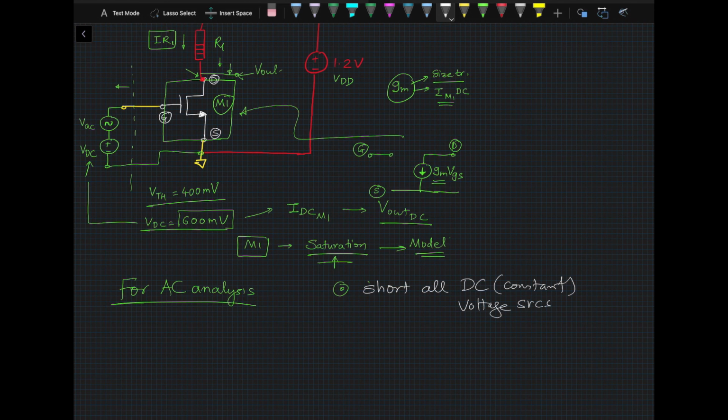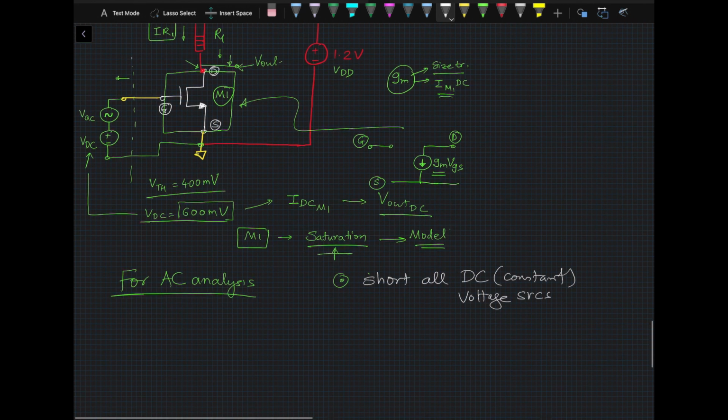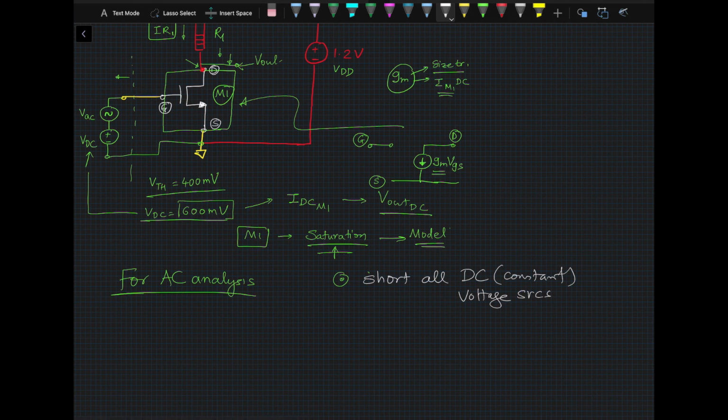Not dependent sources, constant voltage sources, remember that. And then we would figure out basically the model as I said earlier, and then we would put together the